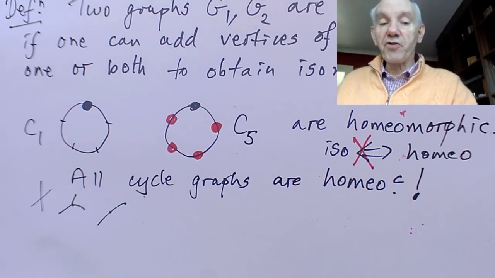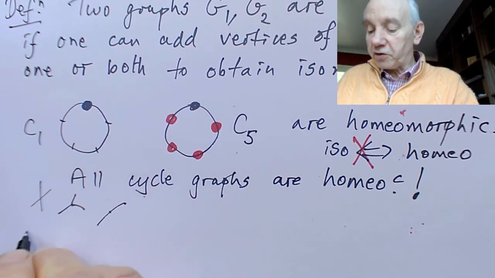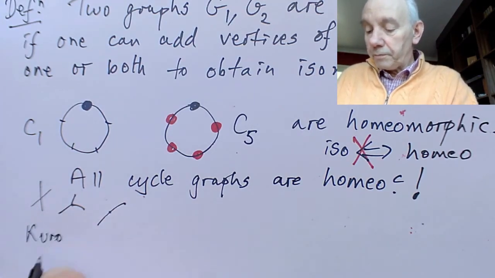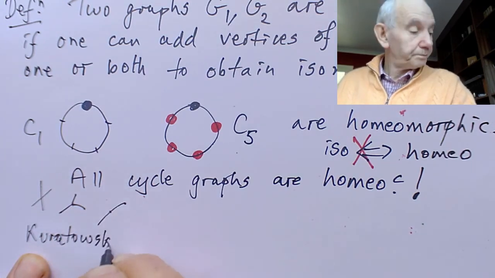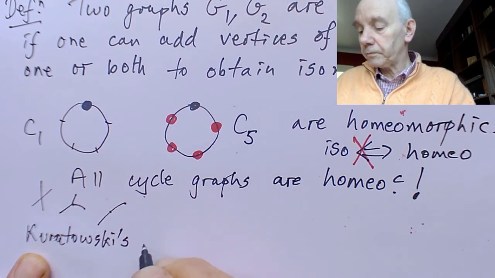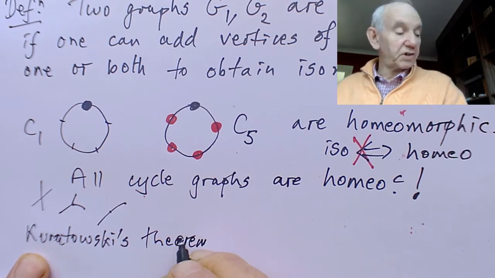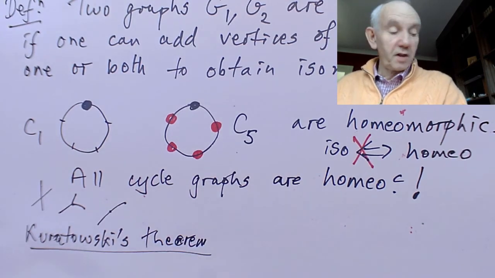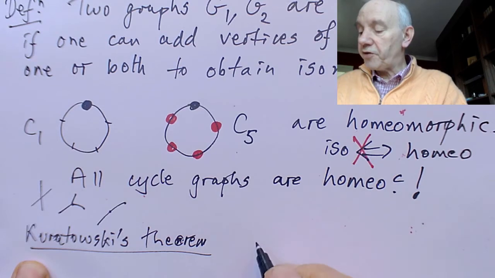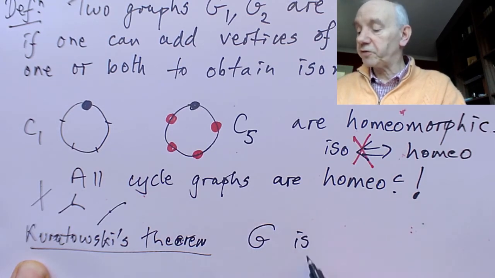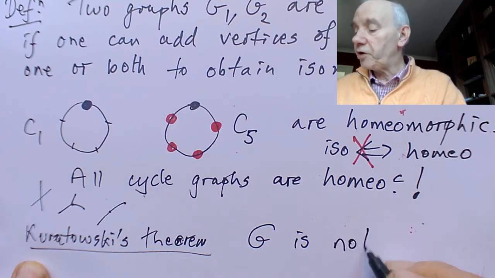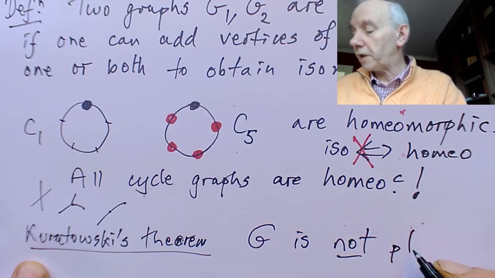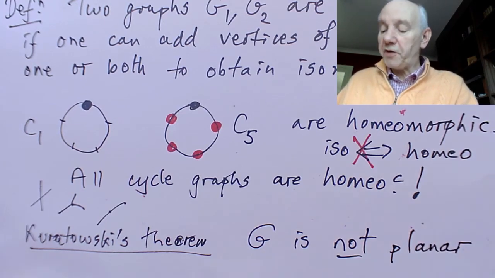Okay, but this definition allows me to quote Kuratowski's theorem, which says the following. Suppose we have any graph G, and this is going to give us a condition for this graph not to be planar. I'm going to quote it like this. G is not a planar graph if and only if